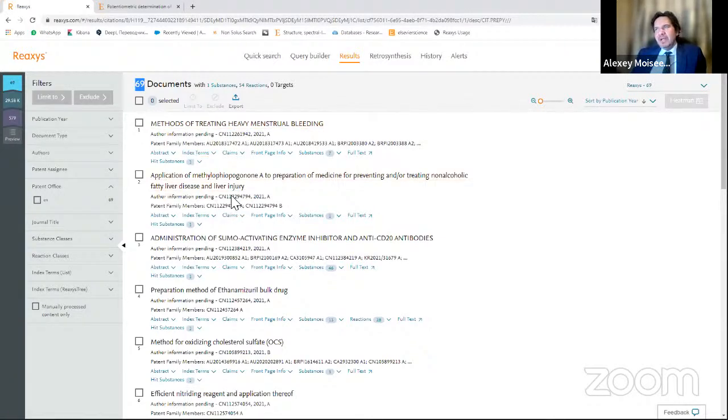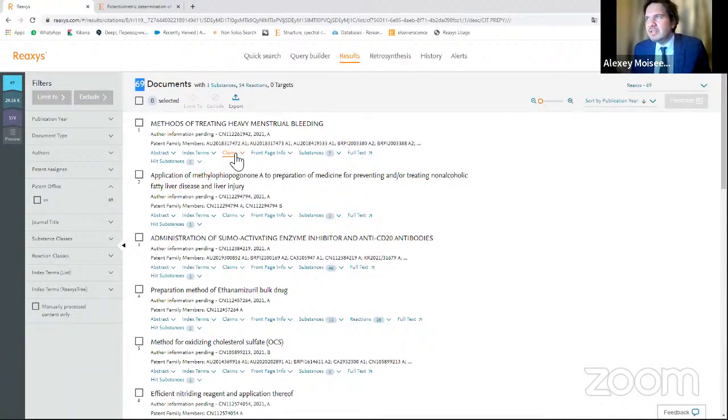All other information, like index terms, front page information, and claims, will be only in Chinese. So if you are working with Google, with Web of Science, or with some other tools, you will not be able to filter over the document.